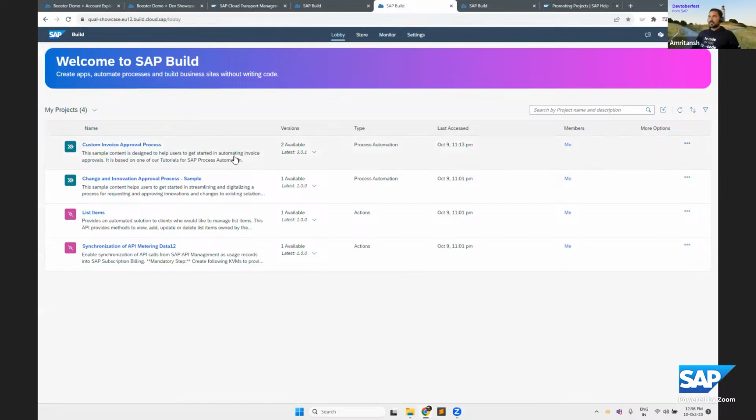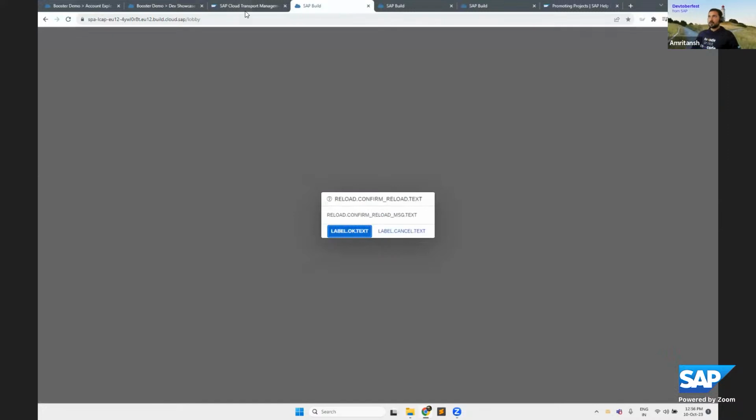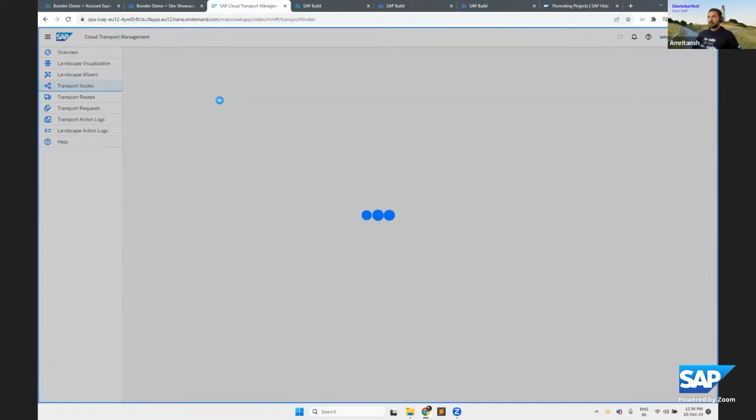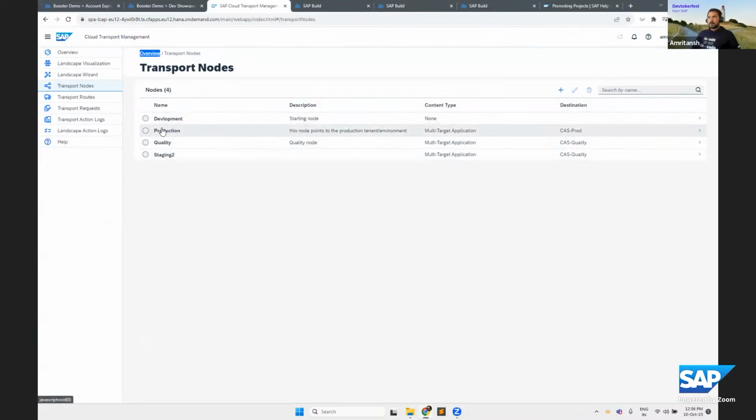As soon as the content sits here, the QA who has access to the quality tenant can come here and deploy the application in the staging tenant or the test tenant, validate the changes, and then request the IT admin to move the content further to the production node, which again can be done by following the same steps in the CTM, which is this node here.